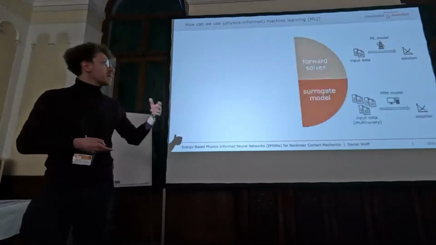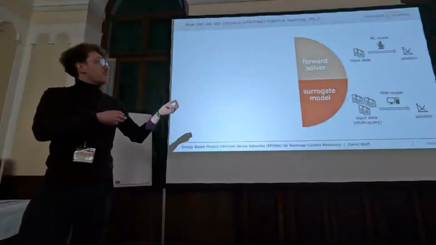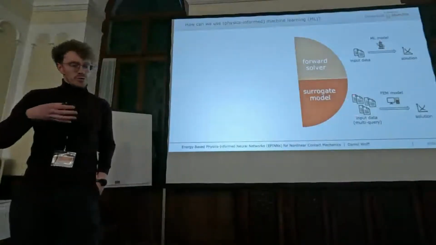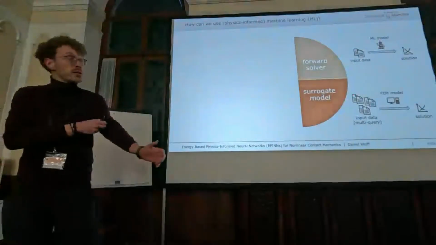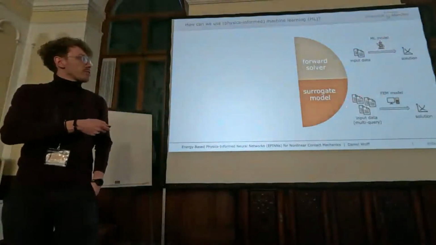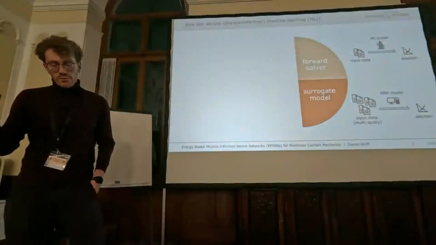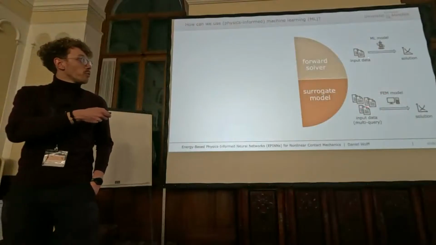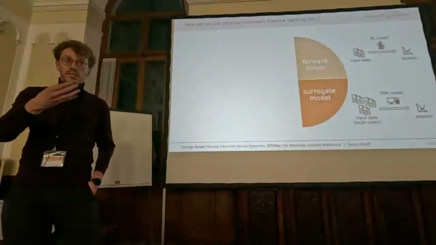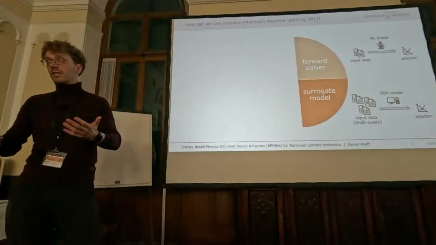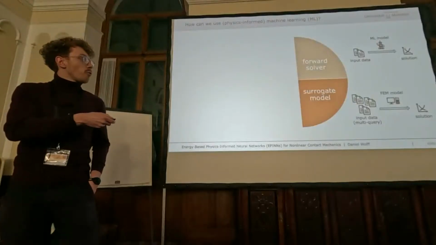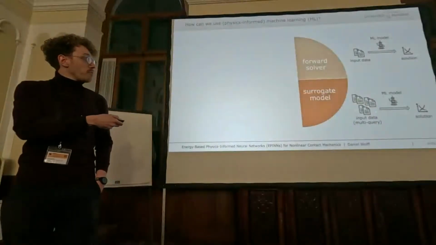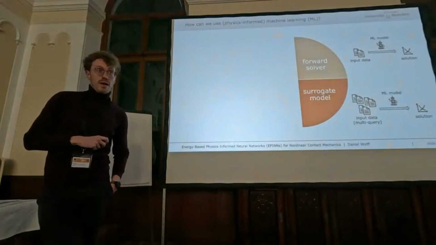This has been done, but usually you don't want to stop there, because training a machine learning model is usually expensive. People argue, and it can also be proven, that it only pays off in certain scenarios, which we can refer to as multi-query scenarios. So you don't want to train a machine learning model for a single query, but you have multiple sets of boundary conditions and multiple sets of parameters. Evaluating your FEM model for multiple sets of this data can become expensive, but with a machine learning model, this is where we could benefit.